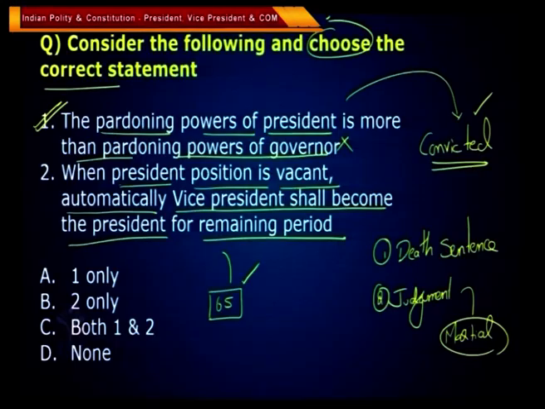See, I used this term, not more than 6 months, meaning suddenly when the President of India position falls vacant due to death, resignation, impeachment or any other reasons, the Vice President automatically acts as the President of India, but not permanently, maximum for 6 months only. So this is a wrong statement. Answer is A. Let's go to the next question.